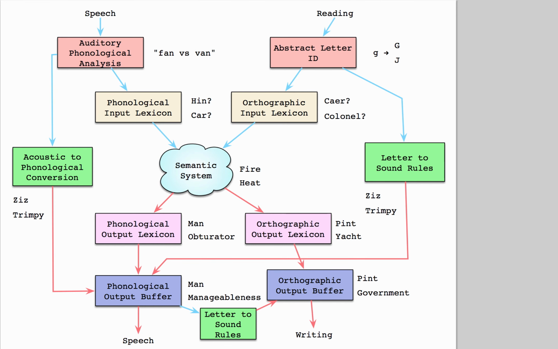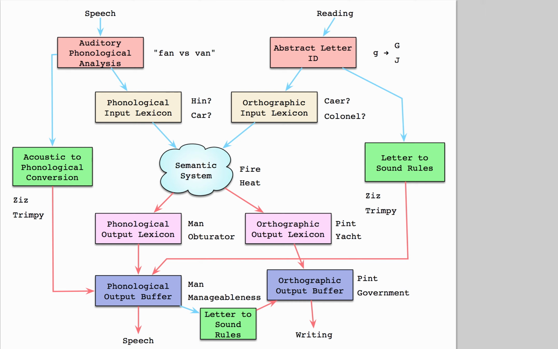So here's a slightly modified version of the language processing model, I believe, figure 1.3 in Murray and Clark. And I've simplified it. For example, we don't see the morphosyntactic processor here. We don't see non-language processes such as object recognition. So the idea here is to pare it down a little bit, make it a little bit more digestible. Also, you can see I've written some words near each processor, and we're going to go through briefly, talk about